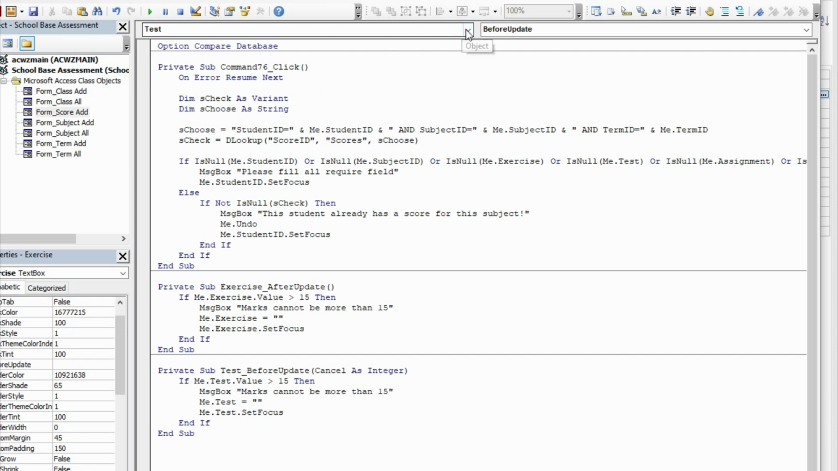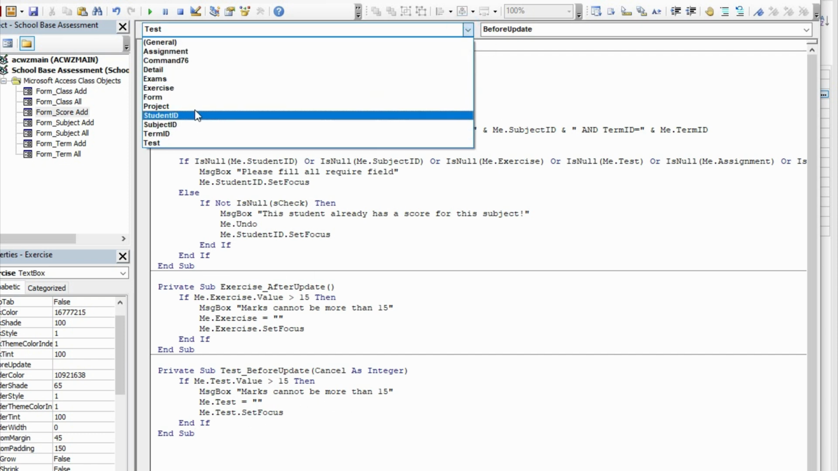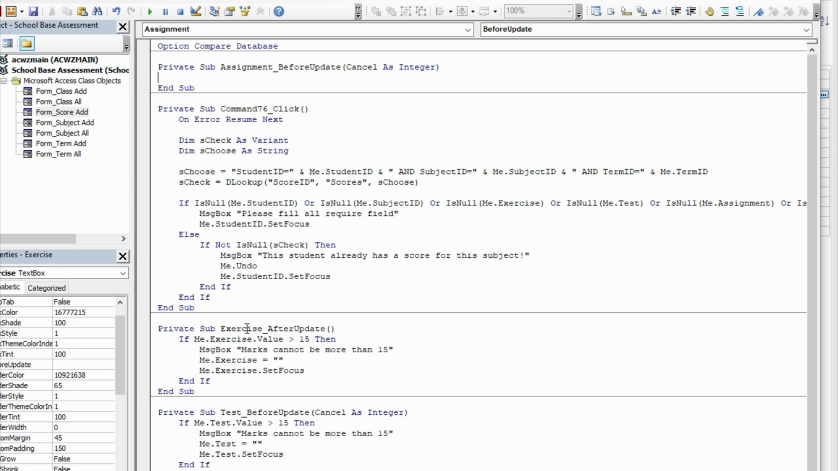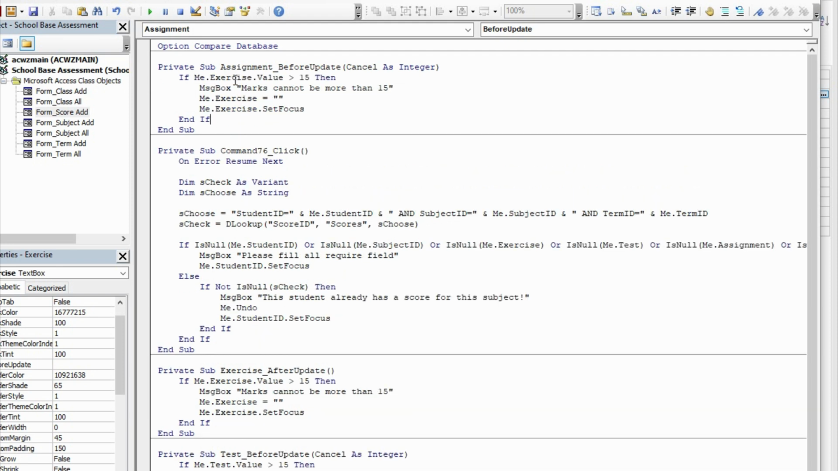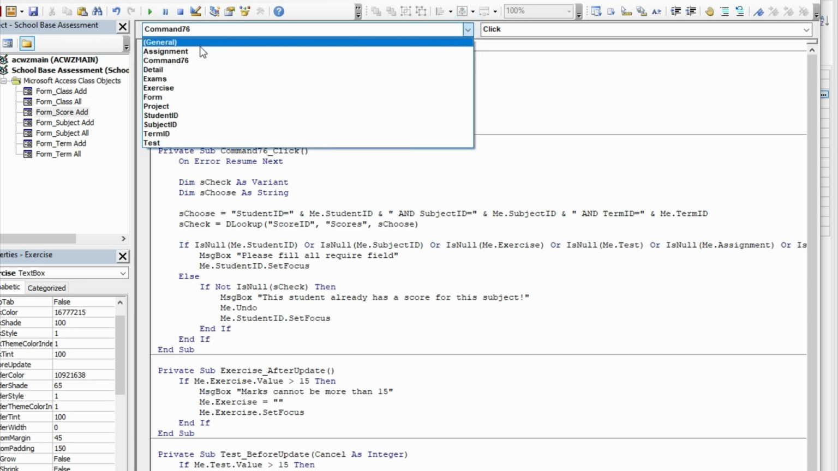Then we come up here. There's no need for us to go to the forms again. Come up here. Come to assignment. It's the same thing, so it's the name that will change. Same thing. Assignment. Then come to assignment,